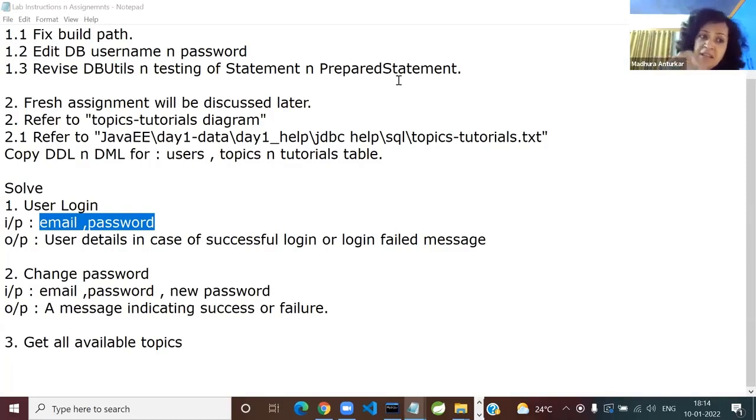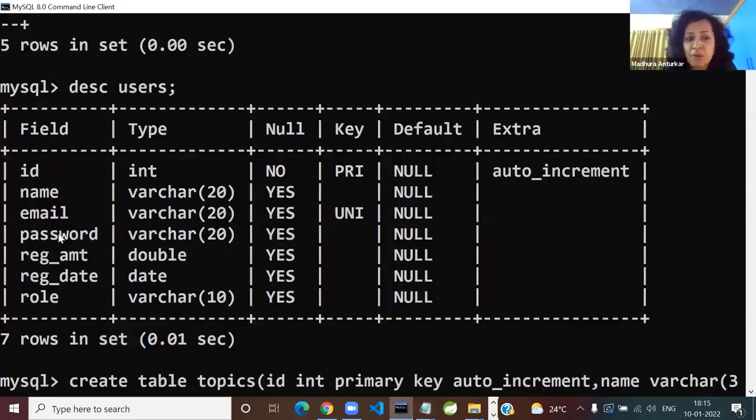Will you pass the SQL query here, or have you already passed it earlier? You already passed it earlier. The prepared statement represents pre-parsed, pre-compiled query. You have done it already. Okay. Now think and answer. There are two possibilities. What are the two possibilities? User gives you correct credentials or user messes up.